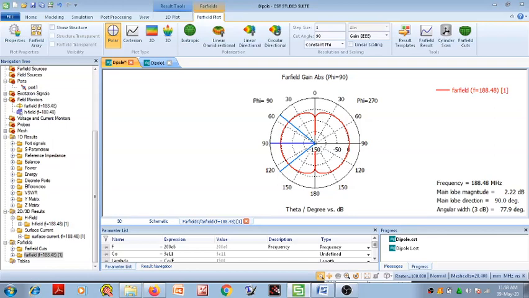Okay, in this way the variation of radiation pattern with respect to theta we observed here, while the phi angle is constant at 90 degrees. You can change the value of the phi angle also. Okay, this is the value of phi equals to 0. You can change it to 180. You can select any value of phi in the range of 0 to 360.